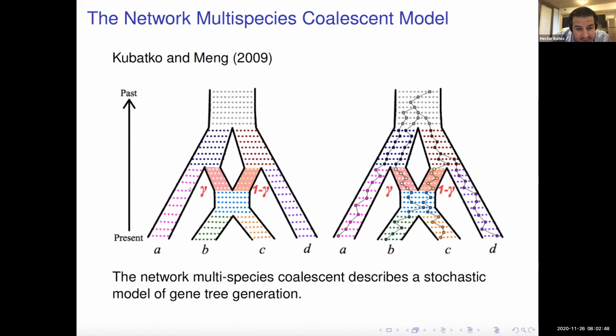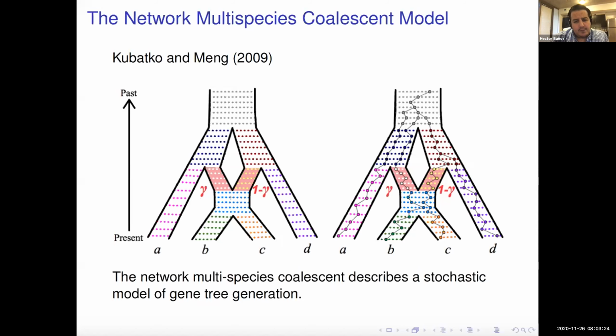Now, in each of these generations, you can see little dots. Those represent individuals. So this is relating the species A, B, C, and D. And here, for example, we have two hybrid edges or two hybrid populations where they merge genetically to create a new one. And for each hybridization event, we have a parameter gamma that I'm going to explain a little bit later. And here we can think of this as the population of Kermit the Frog, the population of Miss Piggy, and they joined to create the new little pink frog that we see.